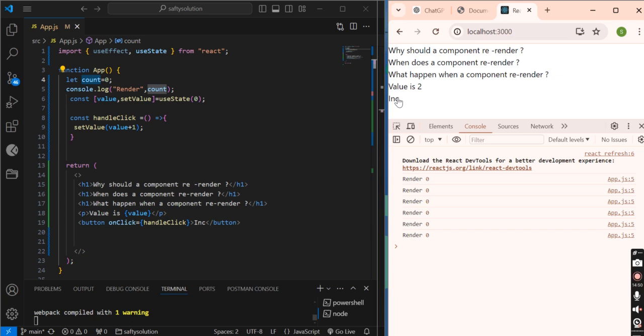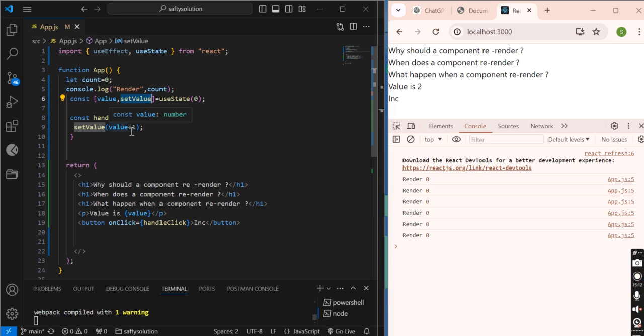Again I click, this method gets called, and it re-renders.